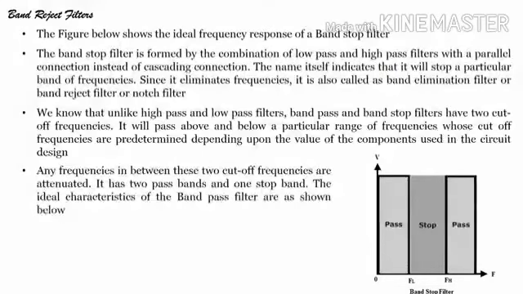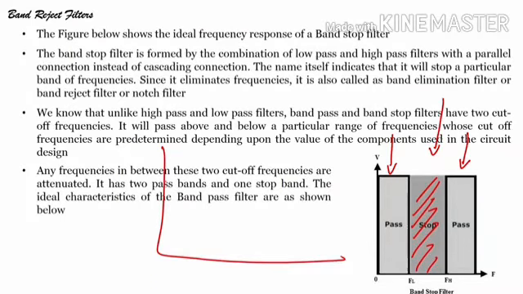Now, once we have seen how the band pass filters can be designed, let us see how band stop filters can be designed and what band stop filters, or band reject filters, are. If you see the plot here, this is the stop band, and these are the pass bands, right. This is ideal; in actual you will get something like this.